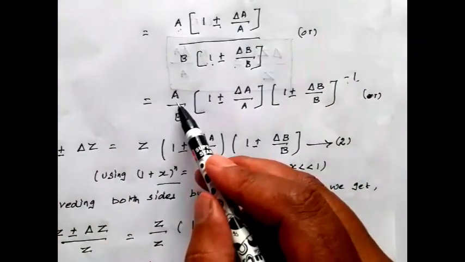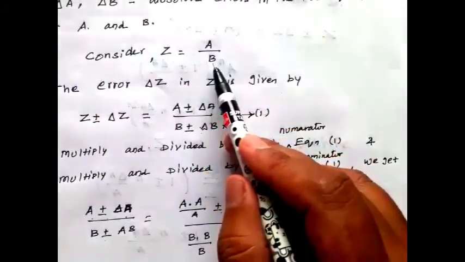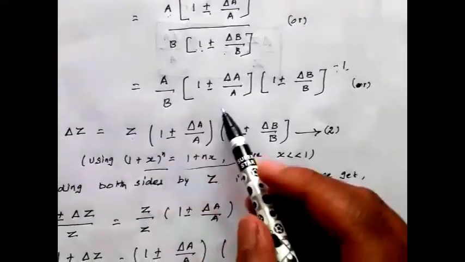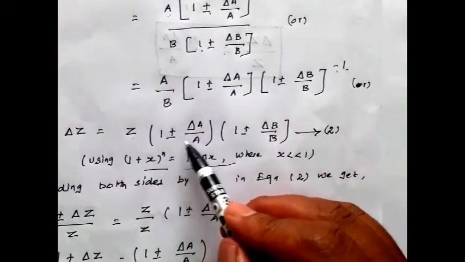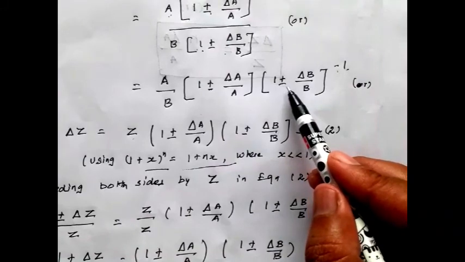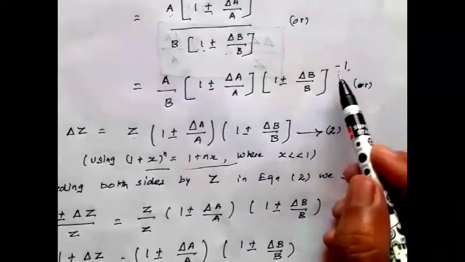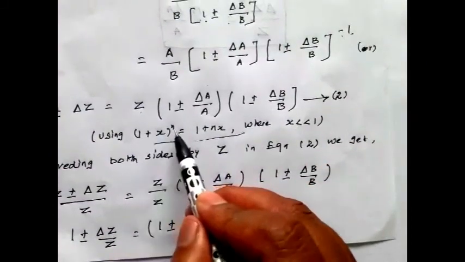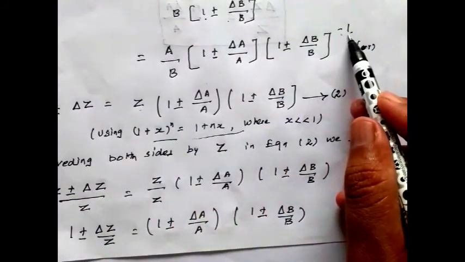அப்போ what is a by b, that is z. ஆல்ரெடி யூ நோ, a by b is known as z. ஸோ அப்போ z நம்ம எழுதிடுறோம். a by b is equal to z into 1 plus or minus del a by a into 1 plus or minus del b by b. ஓகே. ஸோ அப்போ நம்ம இதை என்ன செய்யலாம், பவர் டேமை யூஸ் பண்ணும் பொழுது ஹோல் பவர் மைனஸ் 1ங்கிற இடத்துல